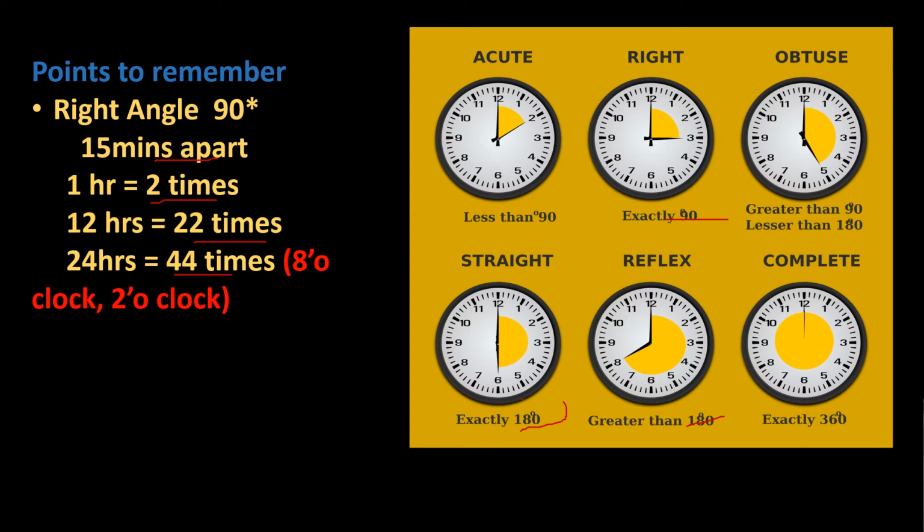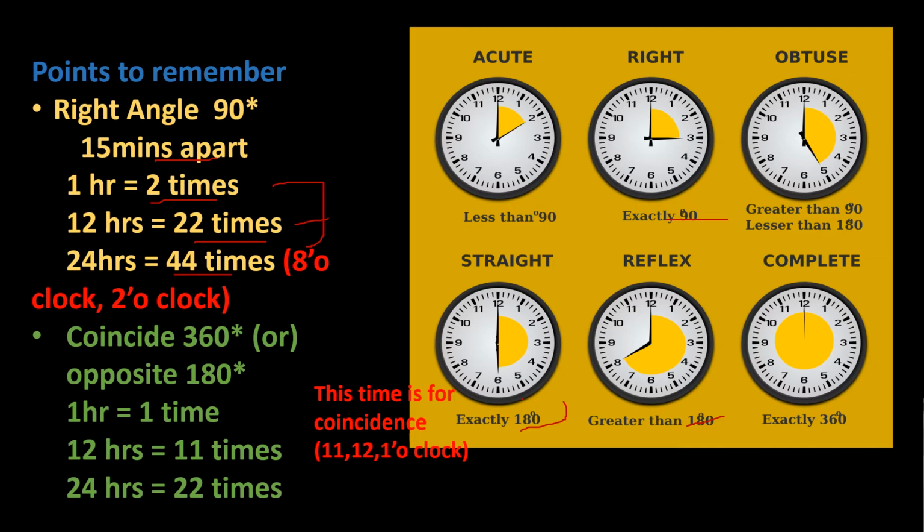As of now, just try to remember this, because you may get straight questions from this point. The question may be like, in 12 hours how many times is the right angle formed in the clock? You should answer 22 times. The next is